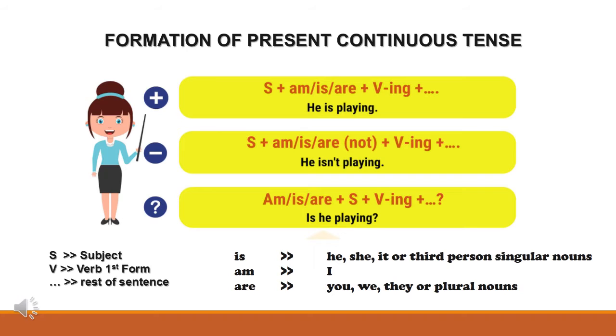Here in positive I have written he is playing, which is a positive statement. And then I will change it into a negative statement by writing not after is, like he is not playing or he isn't playing. After that, I made a question and I have written is he playing? So here I changed the position of my auxiliary verb. I have written it before the subject to make it a question. Now let's take some more examples of positive, negative, and interrogatives to get a better understanding of present continuous tense.